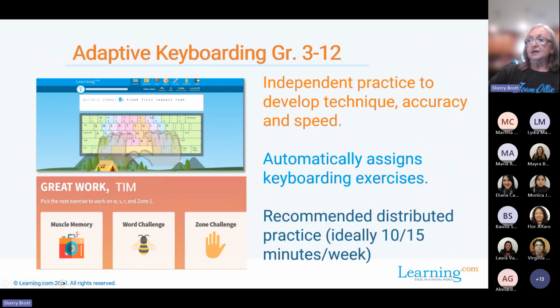We looked at grade 3 through 12, and this is a guided practice. This is one of the practices. They have muscle memory, word challenge, and zone challenge questions. They have to be in these practices for 15 minutes, and they choose which one they want to do. But they have to be in them for 15 minutes or until they reach 90% accuracy. Once they have reached 90% accuracy, or they've been practicing for 15 minutes, then they are going to